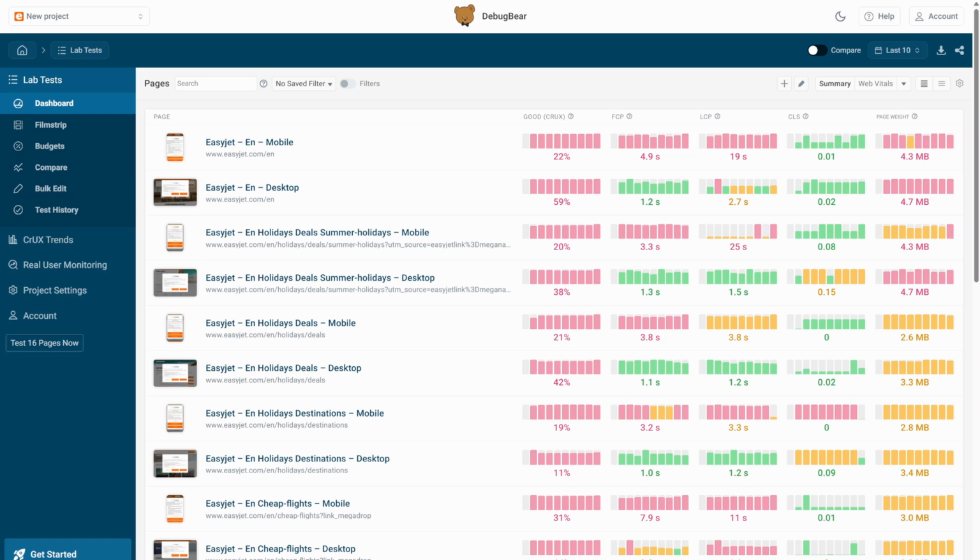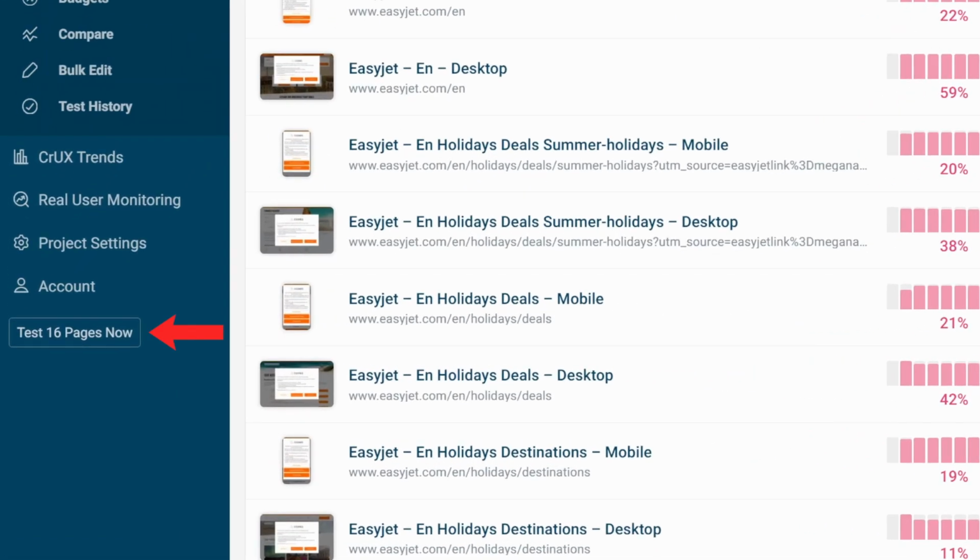In this video, we'll take a look at how to view and utilize DebugBear's synthetic monitoring dashboard. Once you have scheduled regular page speed tests, your dashboard will be filled with URLs and their first test results. As you begin to monitor pages, the grey value bars will become coloured with previous data like we see in this project. We can test all pages in the project at the same time with the Test Pages button in